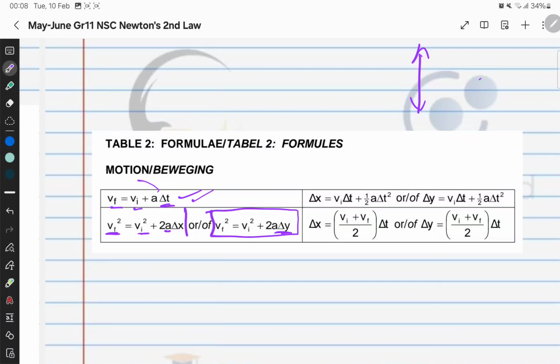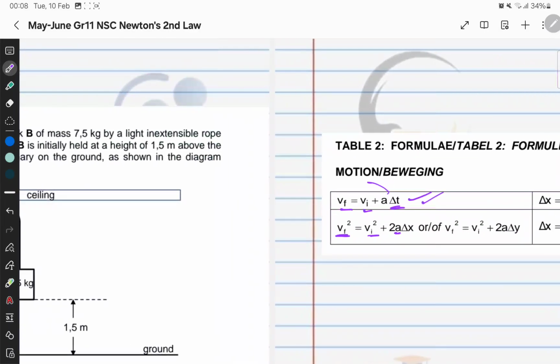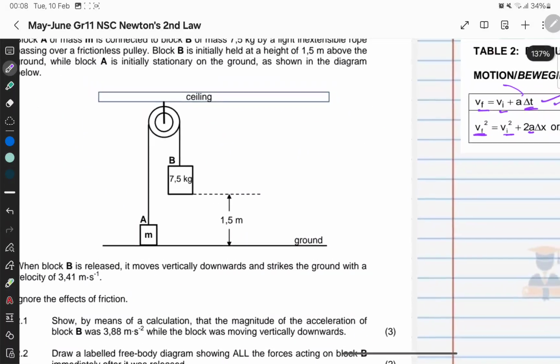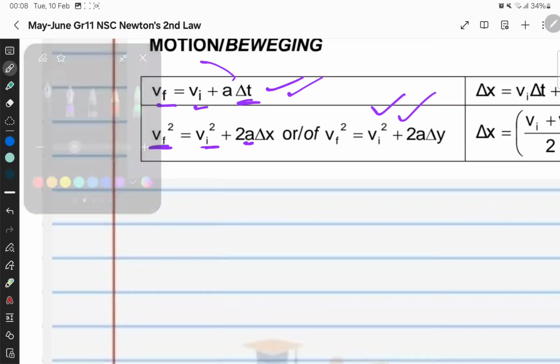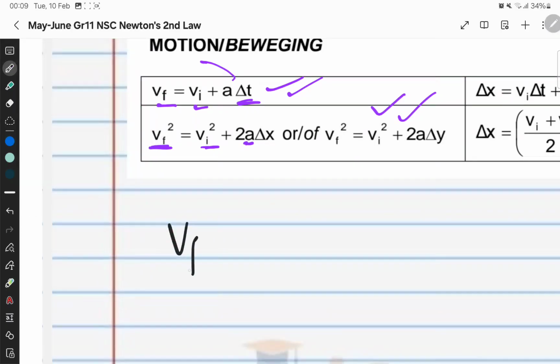When it's moving horizontally, we use this equation, right? The difference is the delta X and the delta Y, which means either vertically or horizontally, right? So we can use this one. So we can say VF squared is equal to VI squared